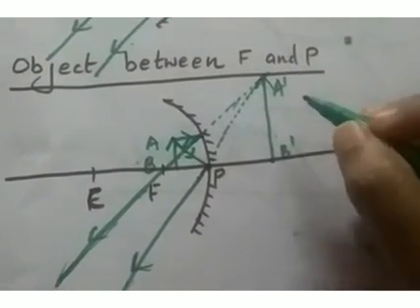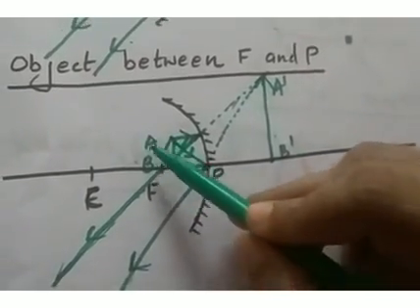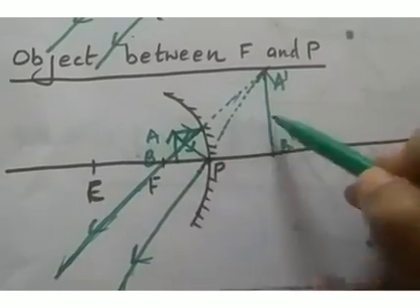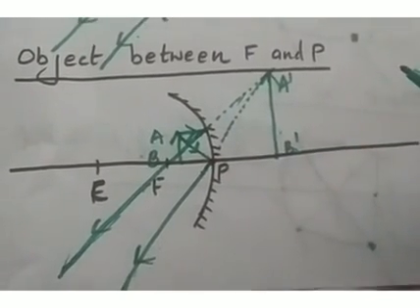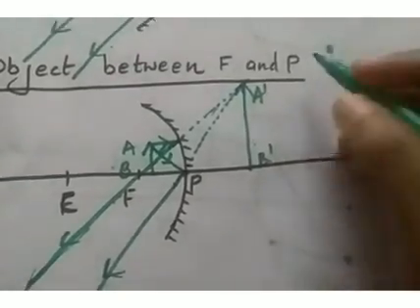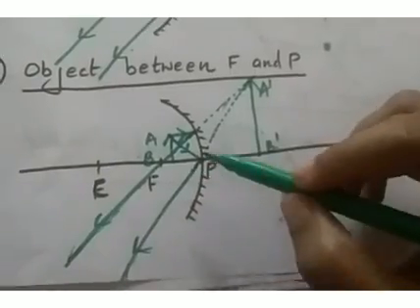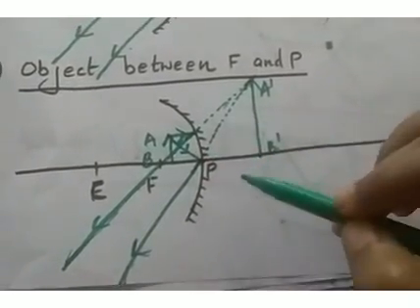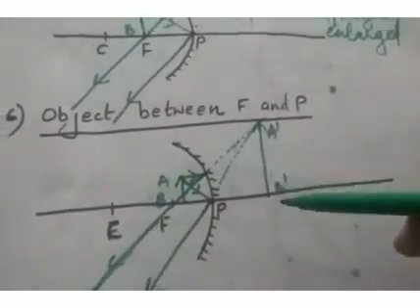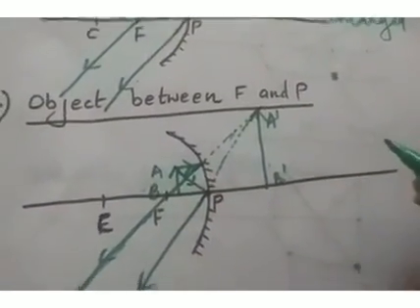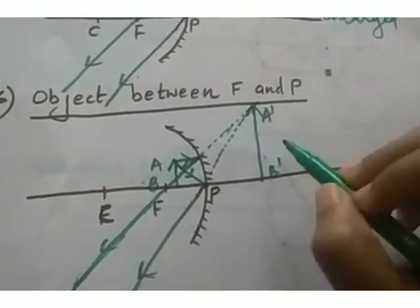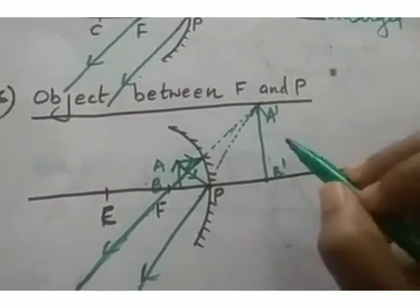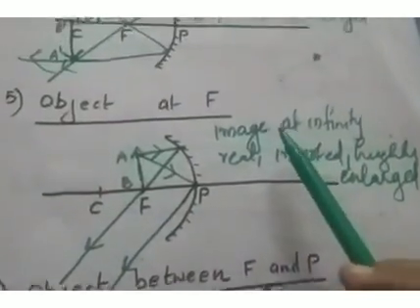And as you know, a virtual image is always erect. See, A, B, A dash, B dash. Both object and image are erect, or image is erect with respect to object. And what about the size of the image? It will be an enlarged one. So where is it formed? See here, only for this case image is formed behind the mirror. In all other cases image is formed in front of the mirror, isn't it? But only for this case image is formed behind the mirror. So this position of the concave mirror is very, very important. And only for this position concave mirror produces a virtual image. For all other positions concave mirror has produced a real image.